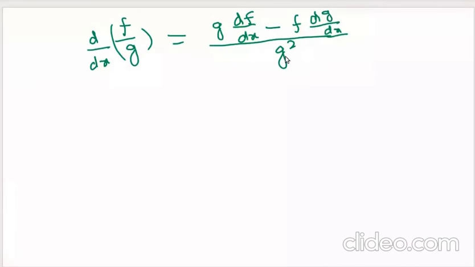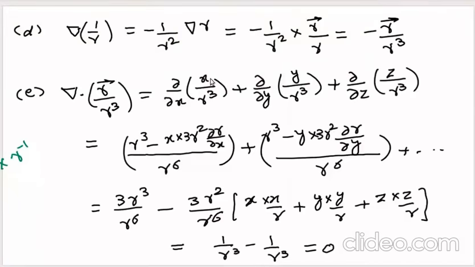So I am taking the differentiation of x by r cube. Firstly, I will square the denominator, so you have an r to the power 6 term here. Then you keep the r cube term as it is and differentiate x with respect to x. It will be 1, so you have an r cube term here. Then minus, keep the numerator as it is. x is taken as it is, and you differentiate r cube. The differentiation of r cube will be 3r square, and then del r by del x. And similar will be there for the other terms, like the derivative with respect to y and the derivative with respect to z.